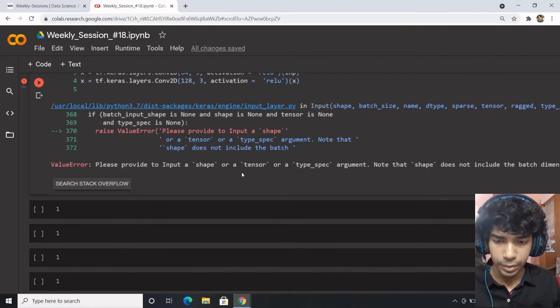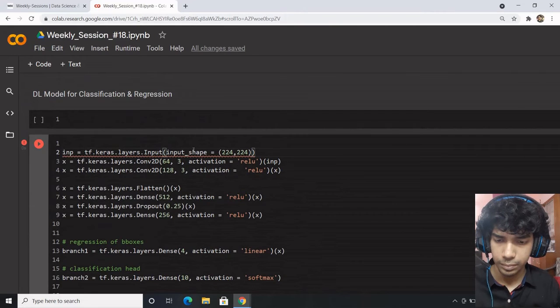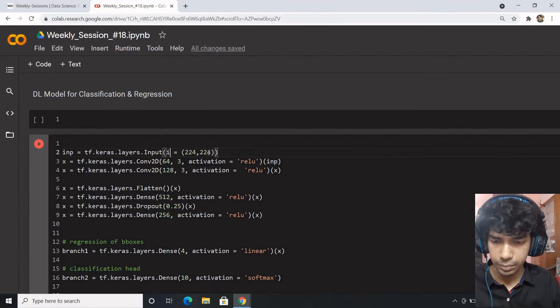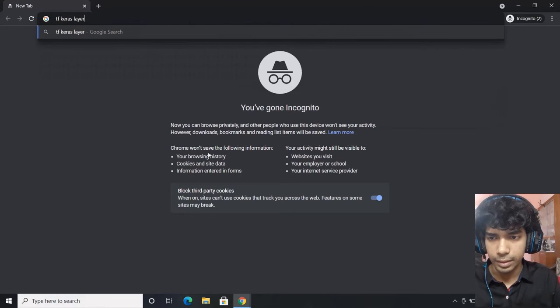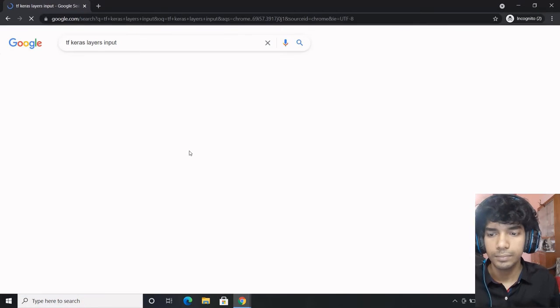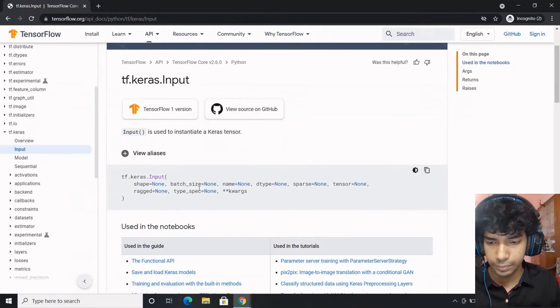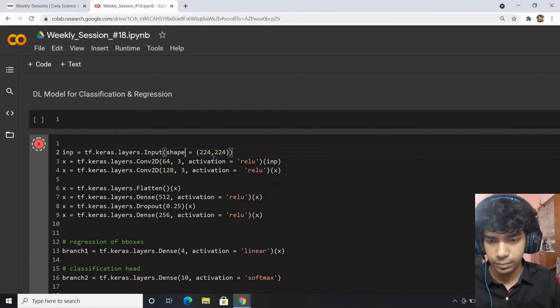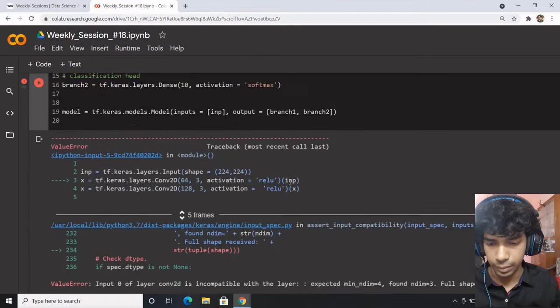Please provide input a shape or a tensor. TF Keras layers input. Now what happened?